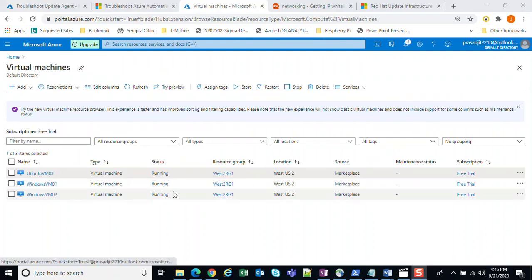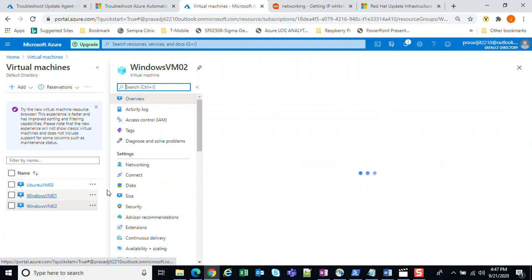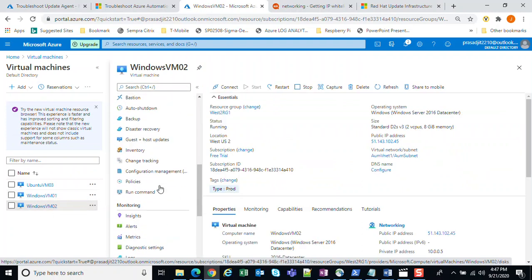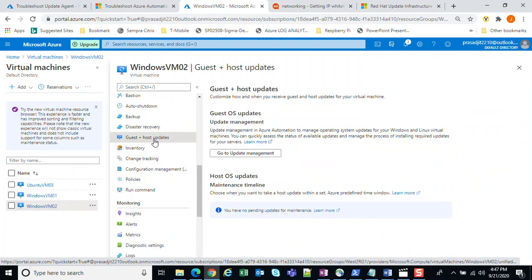We have to wait maybe 30 to 45 minutes for these VMs to be discovered in the Update Management solution. Sometimes we have to do troubleshooting also if it is not discovering. Okay, let me show you one thing here. Once you click it here and go to the Update Management host,